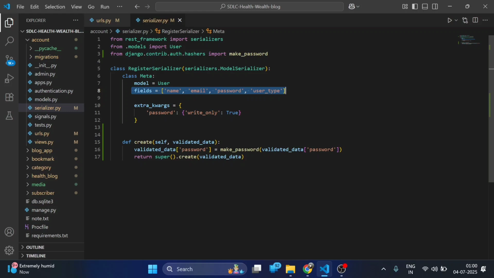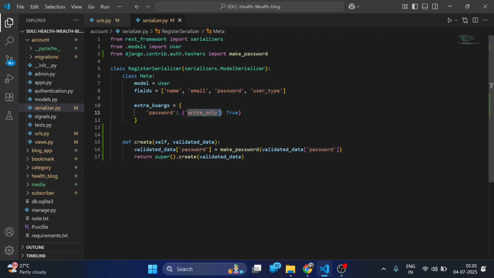Means by the time when we are accepting the data from the front end, we want these four fields to be present, and by the time when we are giving the data to the front end, we will be responding with these four fields only. So you must be thinking, when we are providing the data back to the front end, if we share the password, then how is the sensitivity of the password secured? Is it secure? No, definitely it is not secure, because it is very obvious that we cannot share the password in our response. So that is the reason we have written